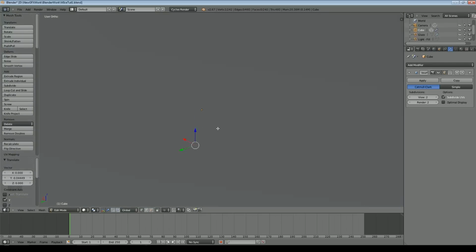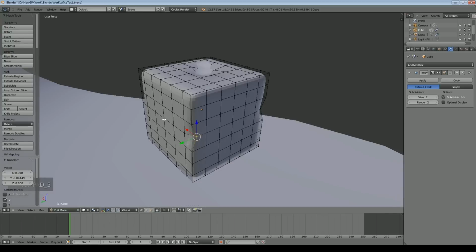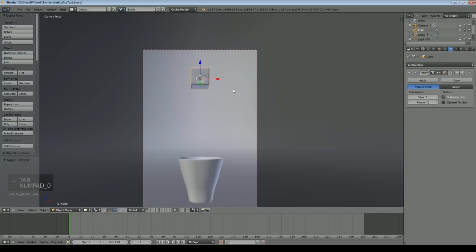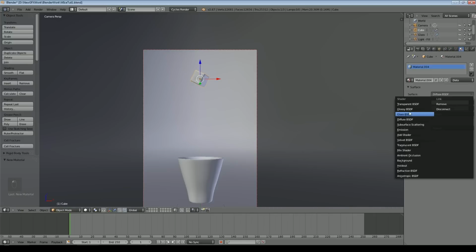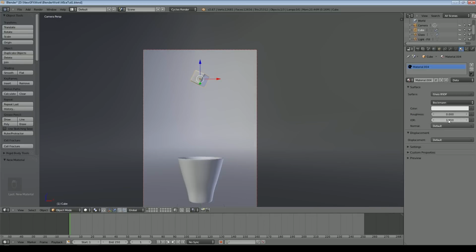Looking through the background there, and all we really need to do now is obviously give it, I think we'll make it slightly smaller, and we'll put some rotation on it, and now we just need to give it a texture. So new texture, glass texture again, but this time I'm only going to set it to 1.3 for the IOR. We'll basically leave it clear.